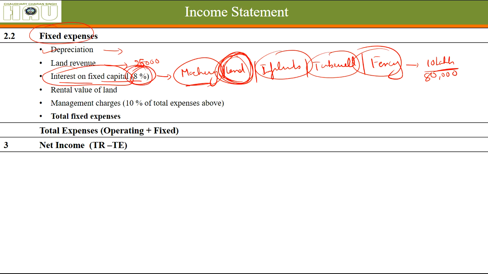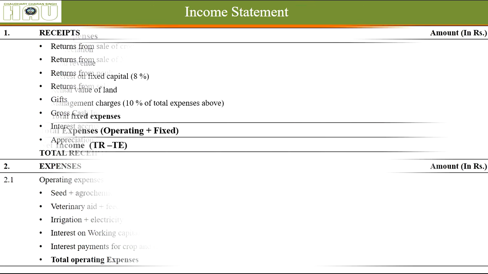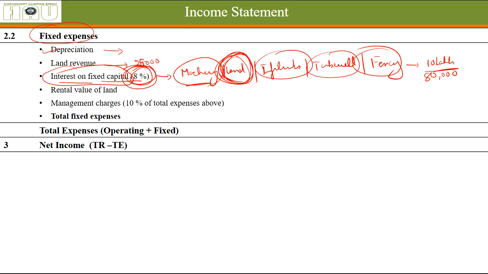You might be wondering why I'm charging 8% here and 4% here. Money is money, and I don't have any fixed record of how much interest should be charged for different types of records, but definitely in the practicals I'll be giving you an exact figure of what is being charged in the scientific calculations of different crops.